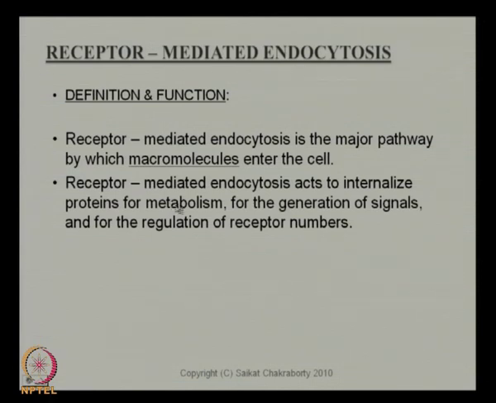So these are the 3 points: internalization of the protein, which I explained, generation of signaling, which is cell signaling, and the third one is the regulation of the receptor number, and this is equally important. What happens is that the receptor number in the cell can change. Okay. So, till now in our earlier calculations, in the last chapter,